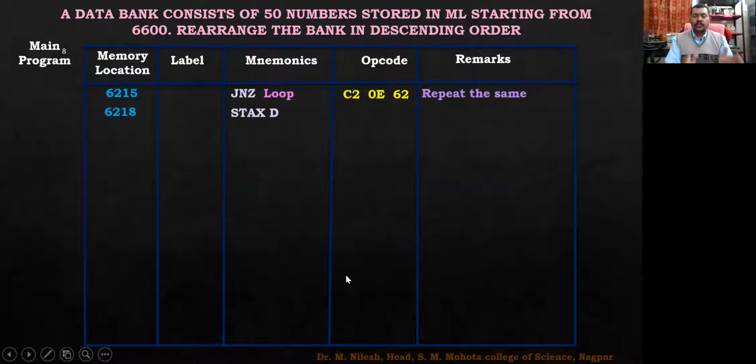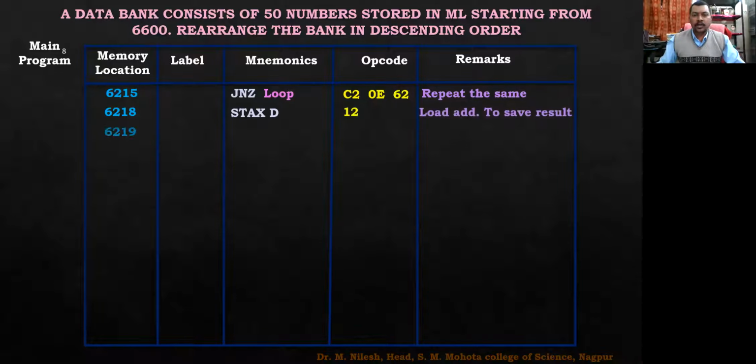Now STAX D. The largest number has been acquired in the accumulator. So what we'll do is store the accumulator directly to the memory location whose address is specified by register pair DE, right? The instruction moves the largest number in the accumulator to the memory location whose address is specified in register pair DE. So STAX D can be used over there. We have stored the first number. Now we'll call the subroutine to check the largest number and to replace that largest number by 00, right? So we are calling that, and we'll be putting it in the memory location 6300, right?